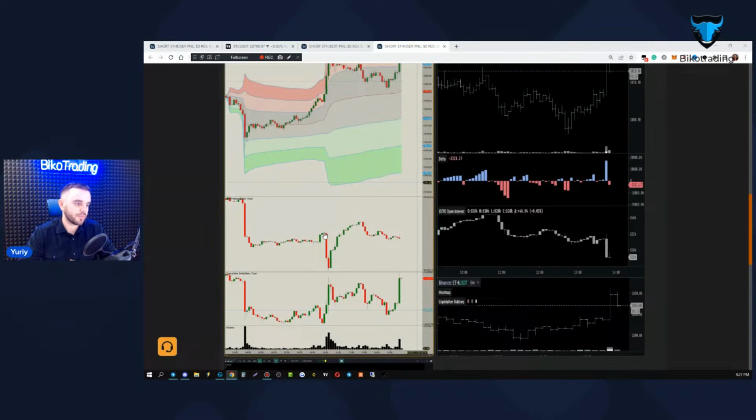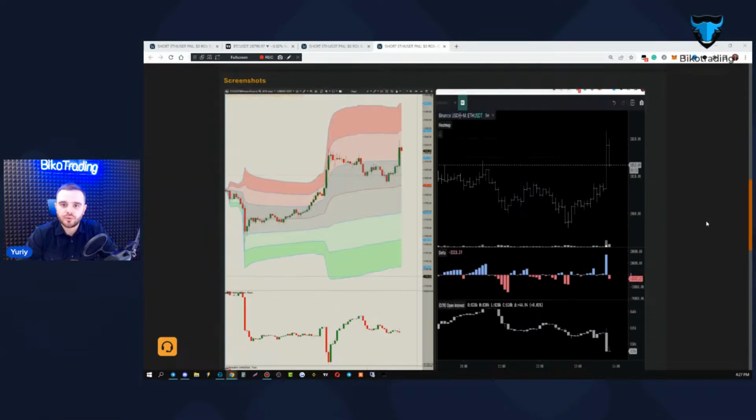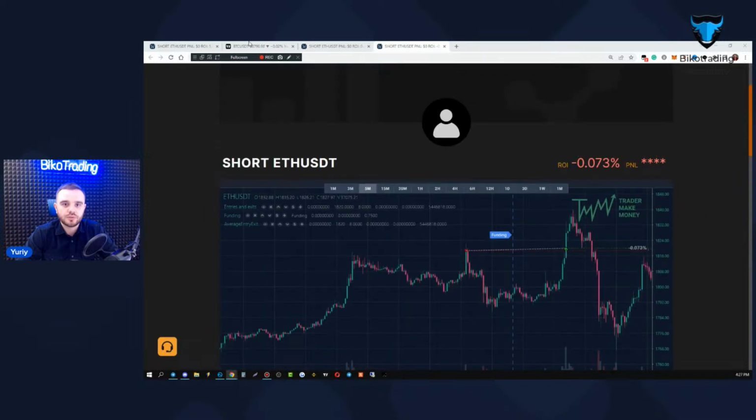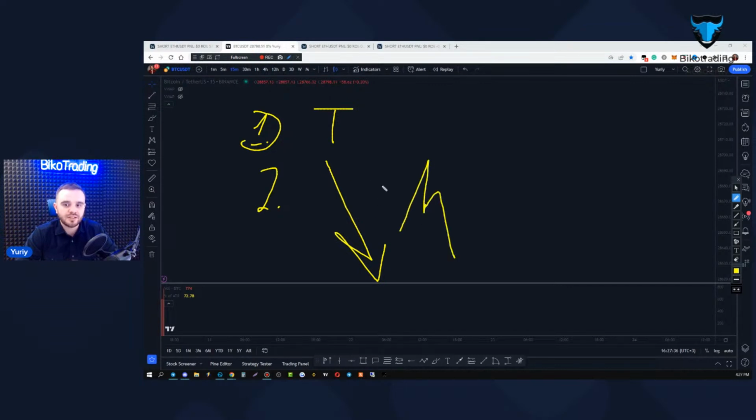Yeah, Maxim, you're right. It was a stop loss hunt. Remember, I told you that we have three options. First option, it is traps. Second option, when you understand a direction, for example, you understand that a coin will drop with, for example, an 80% chance. Stop loss hunts are the best place to enter a position because after stop loss hunts, they immediately start